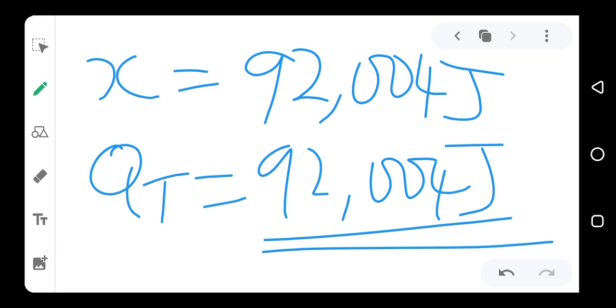Now, please note that anytime you see questions being given this way, just be on the lookout to know the amount of water or the amount of the substance that was used during the phase change. Sometimes you may have to do a small calculation to determine the amount of water used. Sometimes it will be given straight. If it is not given straight, do the small calculation. Just look for the things from the question that you can use to calculate the amount of water given.